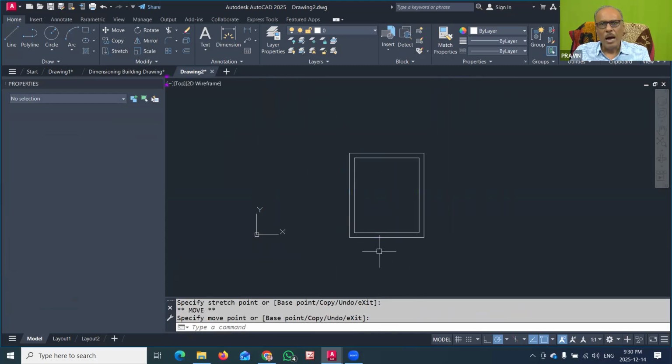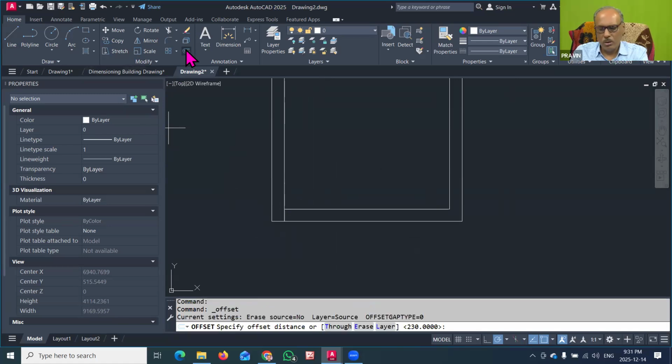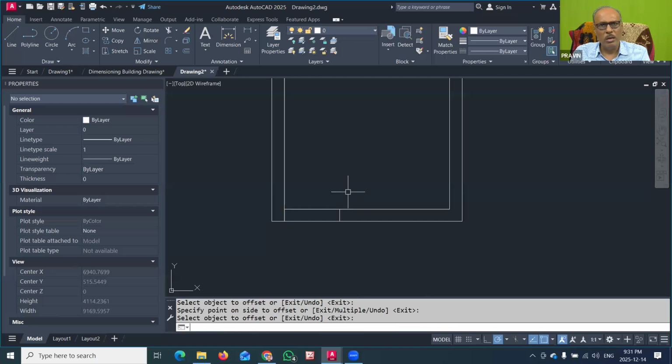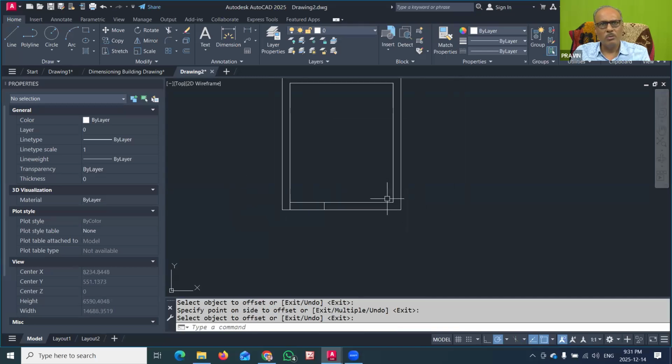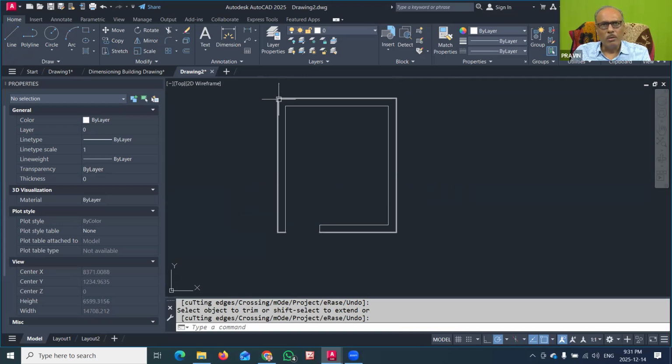Now with this, I want to show a door here. So I will draw one line here and then offset that by 1000, so that I can insert that door symbol here. And another symbol was there, so that also I can use it here. But here I will just trim these lines, and there I have to show the door. Now for using the block, the command is very simple, that is insert block.